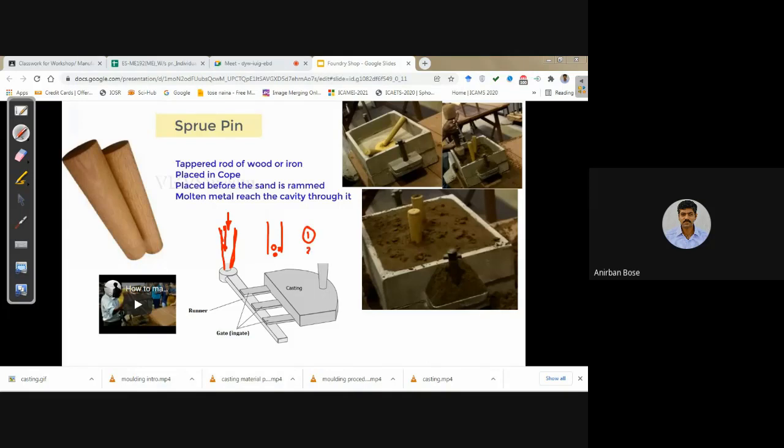The second important point about why it is made tapered is to avoid the aspiration effect. What is the aspiration effect? If you make it straight, there is a chance that at this region the pressure will be very small.